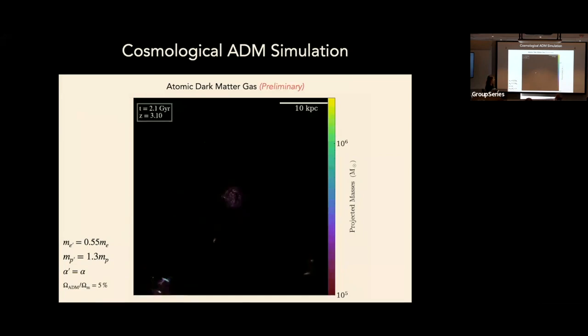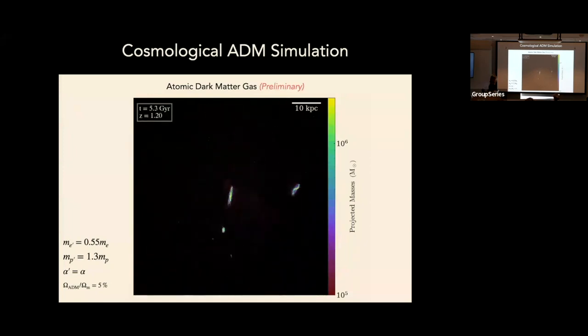Here it is, churning away. Every time a new satellite falls in, it often comes in with its own little rotating dark matter disk in the center that accretes onto the main one. Here we're at a redshift of 1.5, and we have a nice little robust rotating dark matter disk in the center. Here we go, this is where it starts getting weird though. It vanishes, goes away, goes away, it's gone. And that's around a redshift of 0.8.